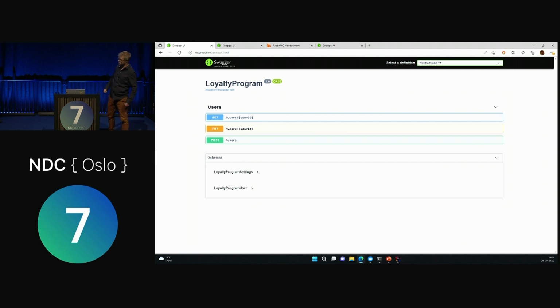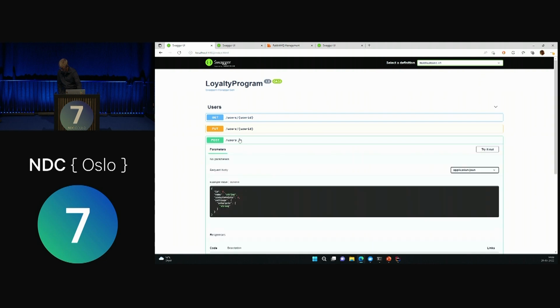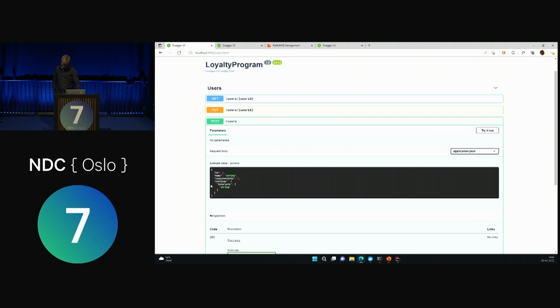There's a post endpoint to register users, which we can open there, and then when we register somebody, we can register a few interests. So they might be interested in basketball and, I don't know, children's books or something like that for some reason.